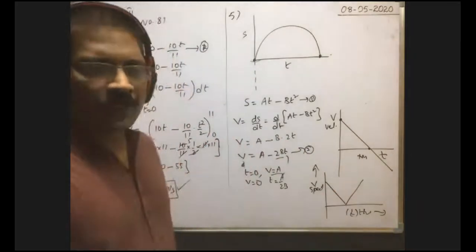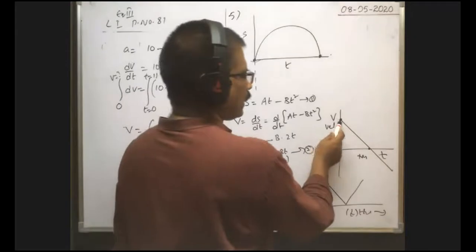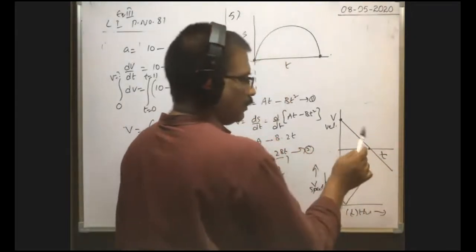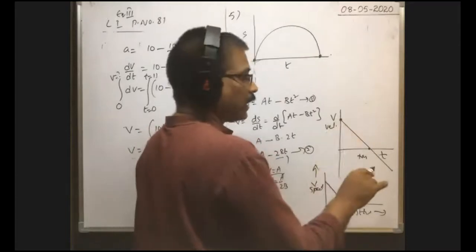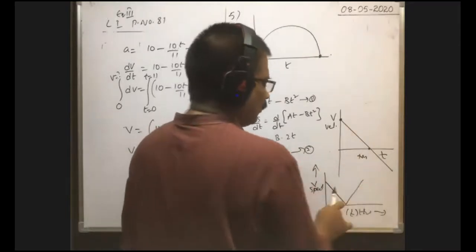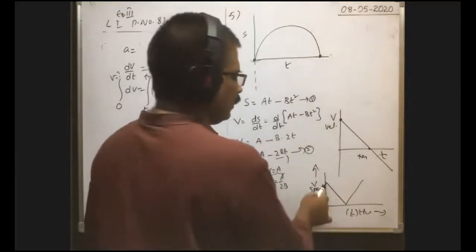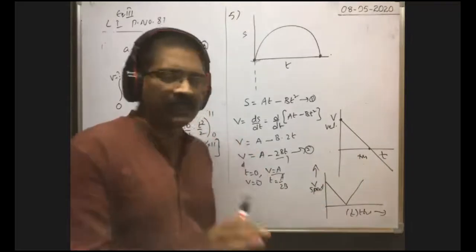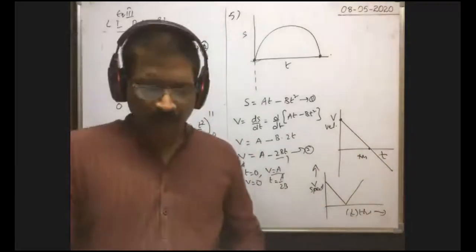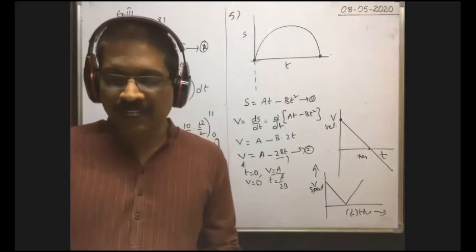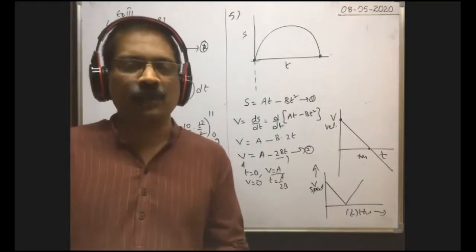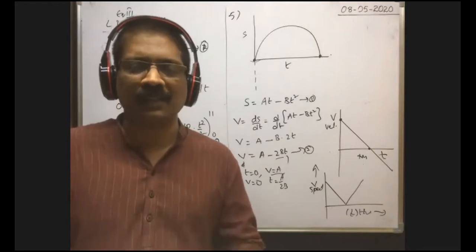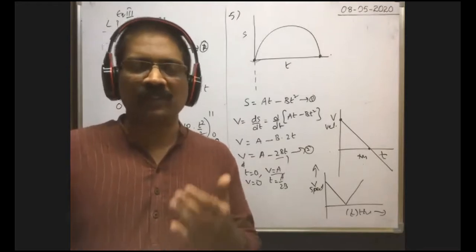Here you see velocity gradually decreases and becomes zero, and in the reverse direction velocity increases. As velocity has negative direction also, that's why we have written negative direction. But here speed is always positive. That's why you have to draw like this. It is the speed time graph, and that is the velocity time graph. There is a difference. In the fourth option, the velocity time graph is given like this. That is not correct. If they ask the speed time graph, the fourth option is correct. But the problem asks for the velocity time graph. That's why the third option is correct.